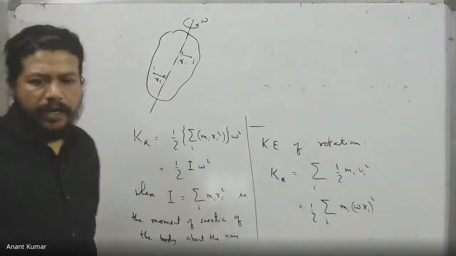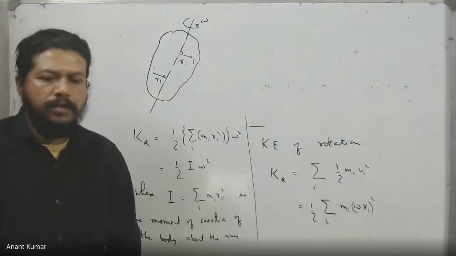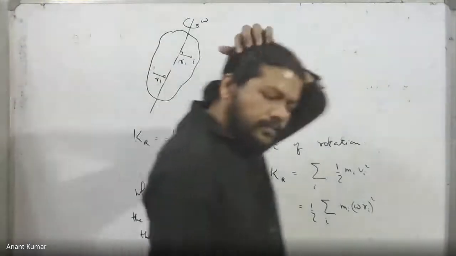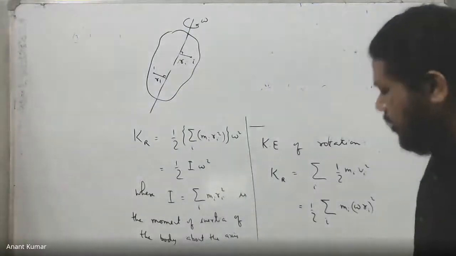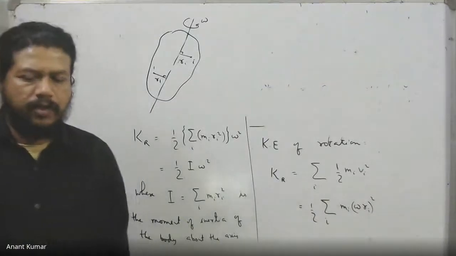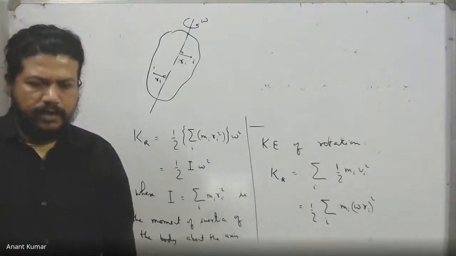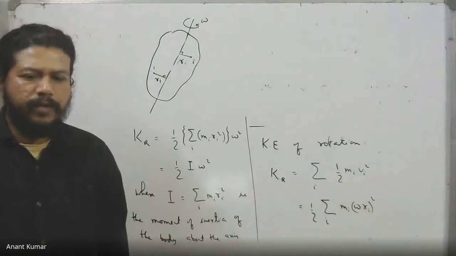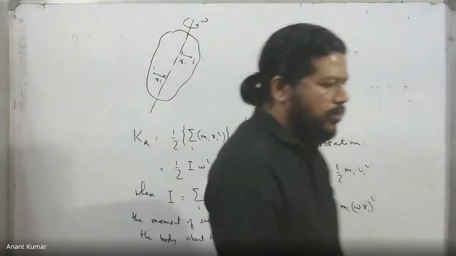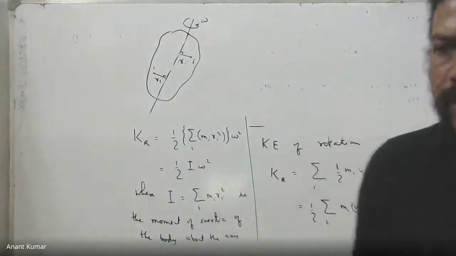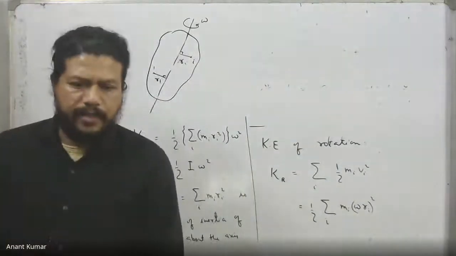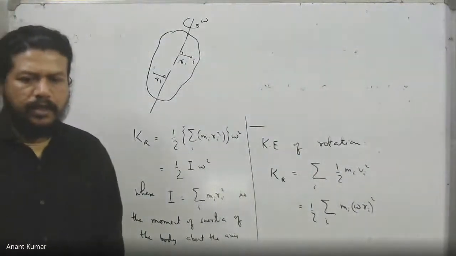The position vector I denoted as R vector, but you notice that then we had a vector omega cross R. Right now in this case, it is simply a multiplication, not a cross product. Last time I actually wrote down omega cross R vector, isn't it? But this time I'm simply saying omega into the distance from the axis. That is what it boils down to. We saw that omega cross R vector was actually giving us simply modulus omega multiplied by the distance from the axis. That was the magnitude actually. This is what we have.